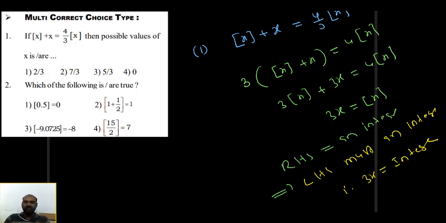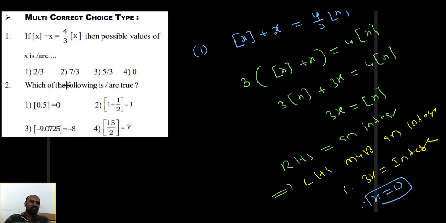This is the objective type question. 3x is an integer means x should be an integer now. So I can't take x as 2 ways, I can't take x as 5 ways, I can take x equal to 0 only. Therefore x equal to 0. Or you can verify it. Another way you can solve the problem is just substitution. Put floor of x equal to 0 and verify. Take x equals 1 by 3 and verify. So we get the result. Finally, we will get x equal to 0 only.